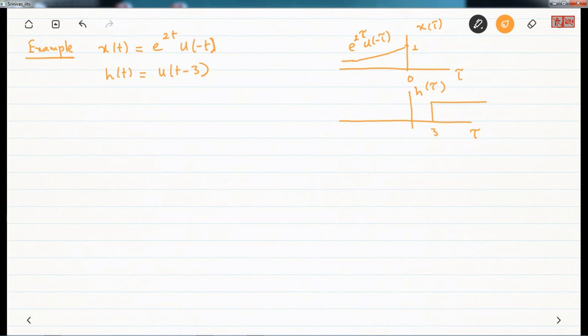This is simply a unit step function shifted to the right by 3 units, because this is u of t minus 3. And then,